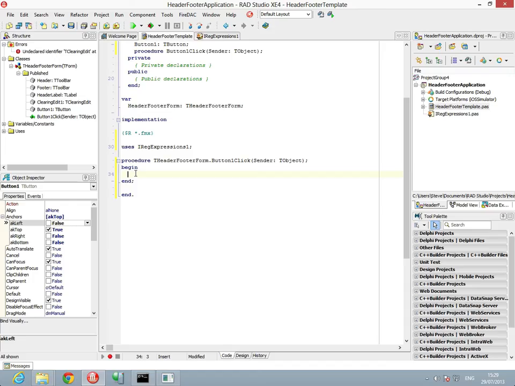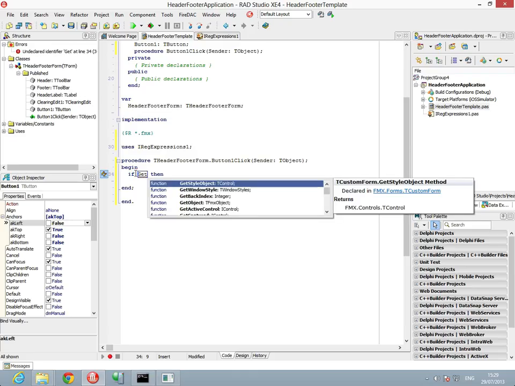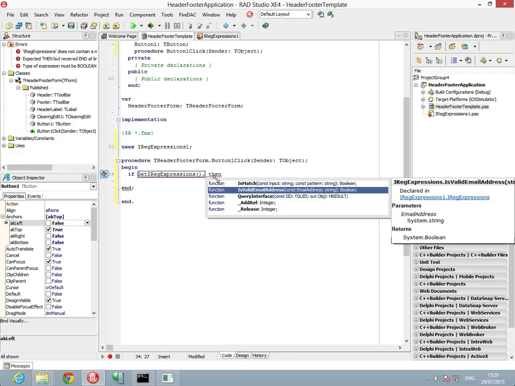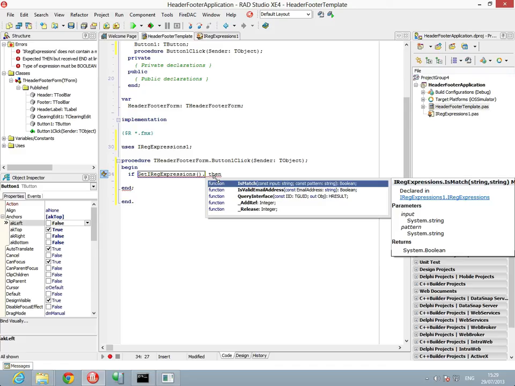So let's go ahead and say if, and if we type get iReg expressions, this is the method that's come in. Remember, the default is get and then the interface name for getting the interface handle. And we don't need to put any paths in because it's using the correct path and it's a live path, it's not changing. So we can just do dot is valid email address. We can see here there's an is match and is valid email address. So you can put a value and a pattern as two input strings there and get a Boolean back if it matches that